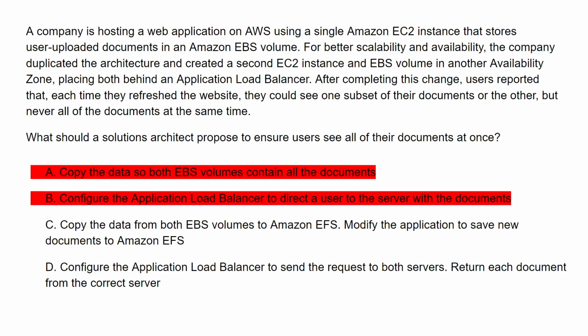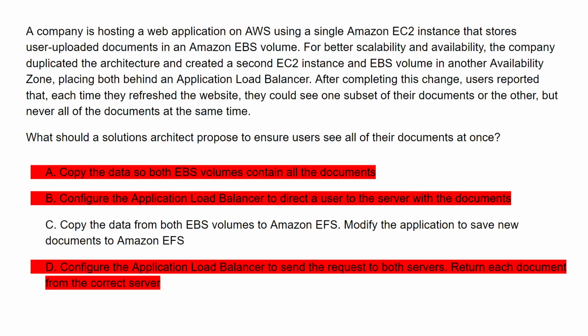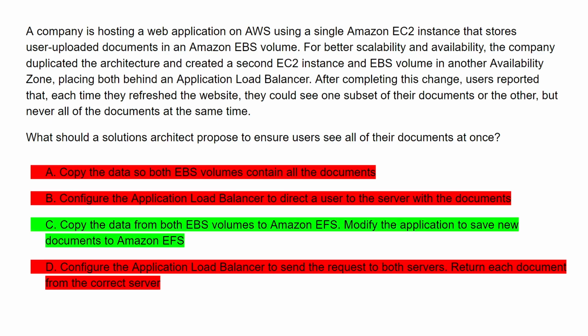You can finally eliminate option D because load balancers usually forward requests to only one backend. Sending to both backends means the load balancer has to assemble the return data, and with consideration to security and encryption, this is not acceptable. This means that the only answer that we have left standing is option C, and if we check it over,